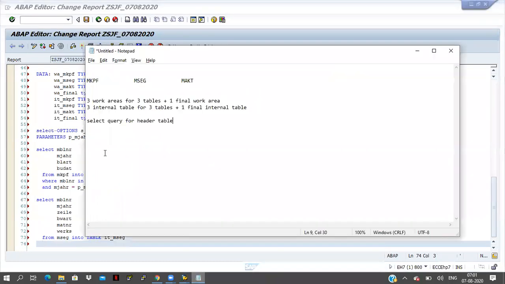First of all I will check here in MKPF, MBLNR and MJAHR. Some more fields are there, but key fields only I am taking here. And here also MBLNR, MJAHR and ZEILE, three key fields are there.